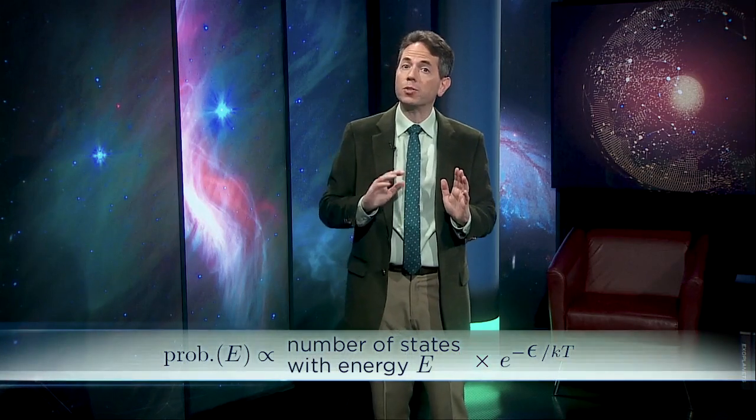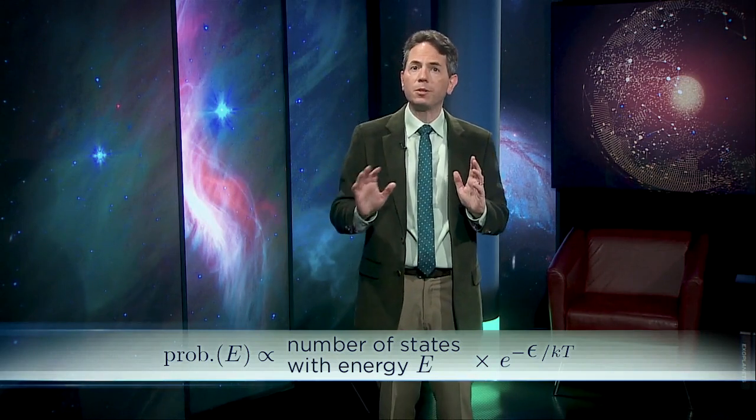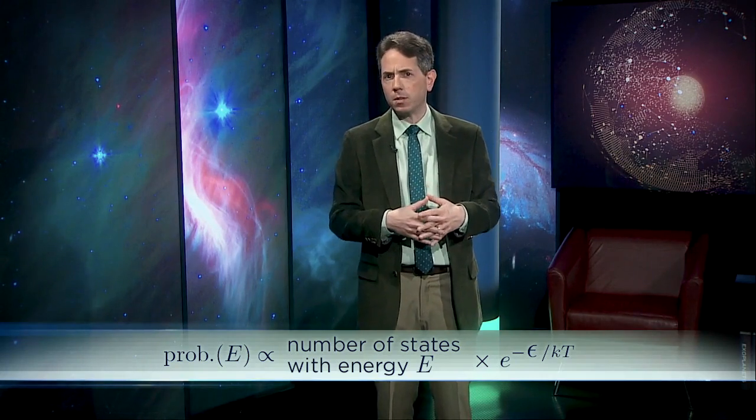From that basic rule, it's possible, although admittedly not easy, to derive the probability distribution for the energy or the speed of a particle in a gas. What makes it difficult is that there are a lot of different states with the same energy. If we change the direction of a particle's velocity, but not its speed, the particle is in a different state, but it has the same energy. That means to calculate the probability of having a certain speed, we need to multiply the Boltzmann factor by the number of possible states with that speed. And so there's a lot of bookkeeping associated with counting all of those states.